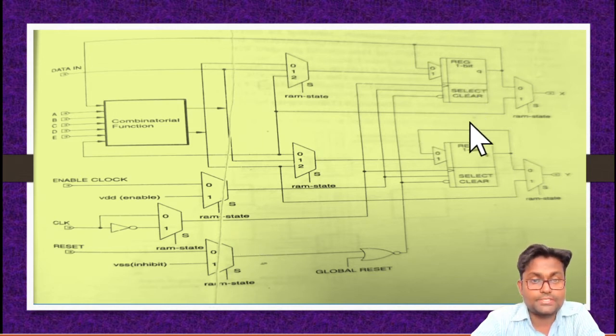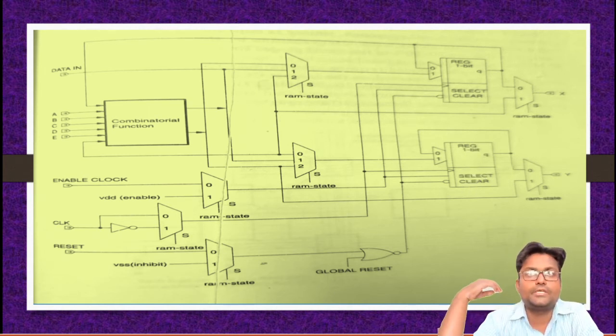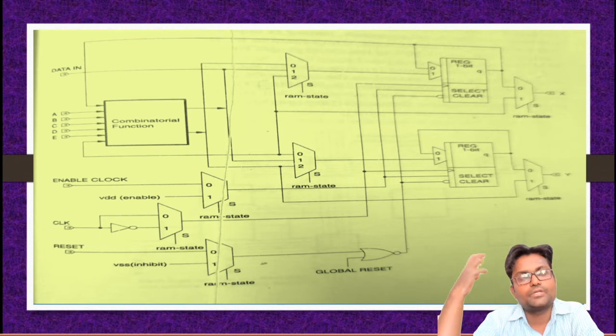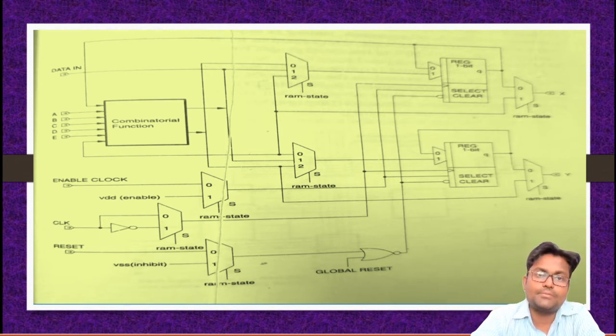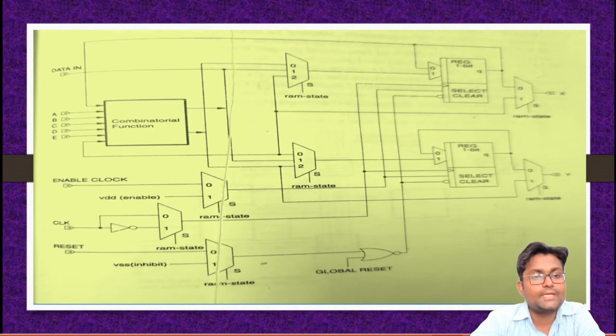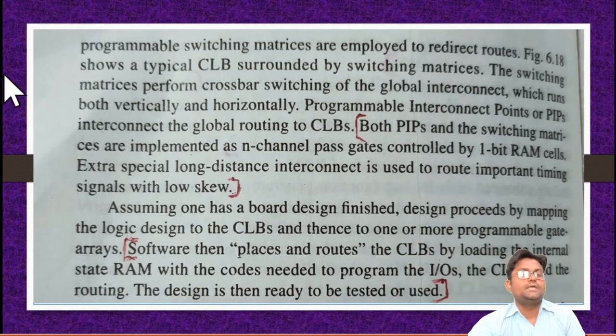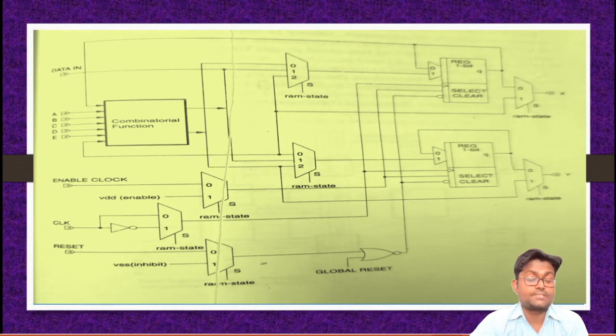Here the registers are present. What is a register? A register is nothing but a memory state. It can be used when we need to store more than one bit. At that time, instead of using a flip-flop, we can use this register. So this is all about the inner portion of this configurable logic block. You can see the theory portion of the configurable logic block in this slide, where all the theory regarding this structure is mentioned.